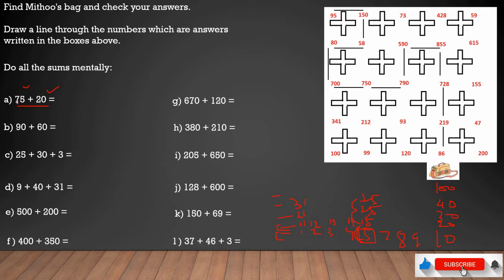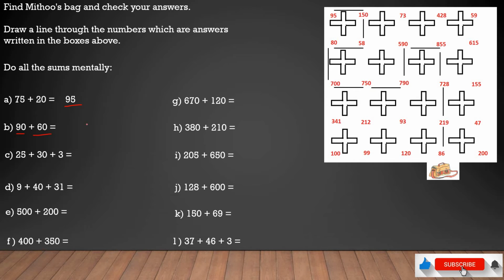So similarly, if you add 20 to 75, how will this column look? There will be 55, 65, 75, 85 and 95, something like this. If you add 10 to 75 we get 85. If you add 10 more, it means you have added 20, and we reach 95. So adding 75 and 20 gives you 95. So we got this answer.